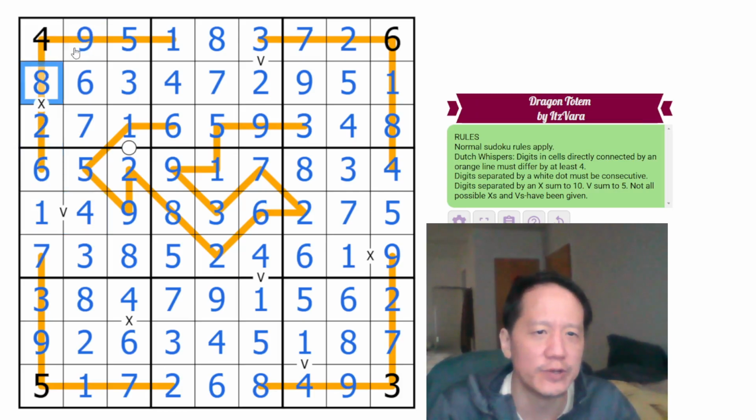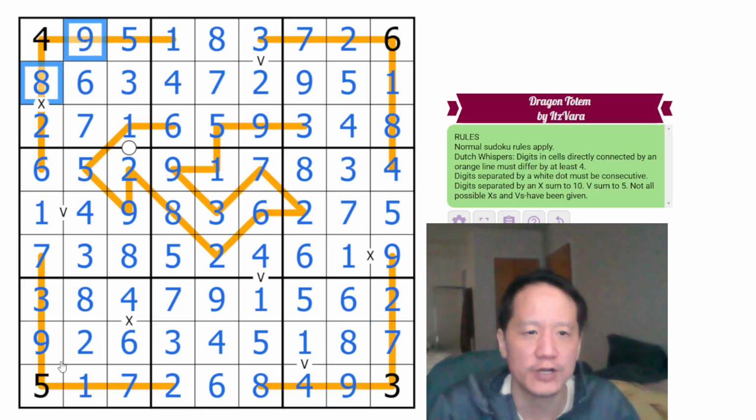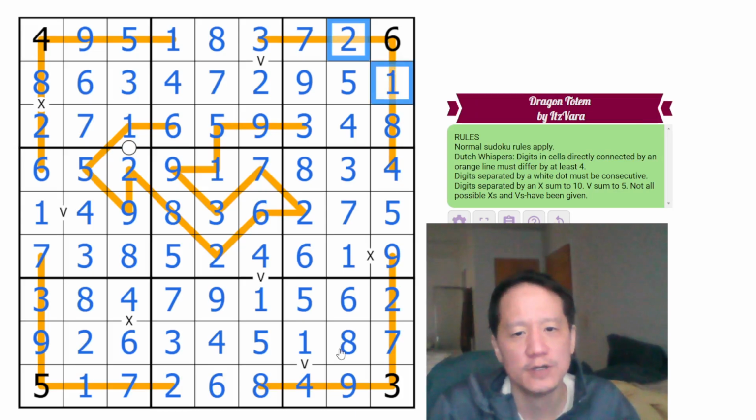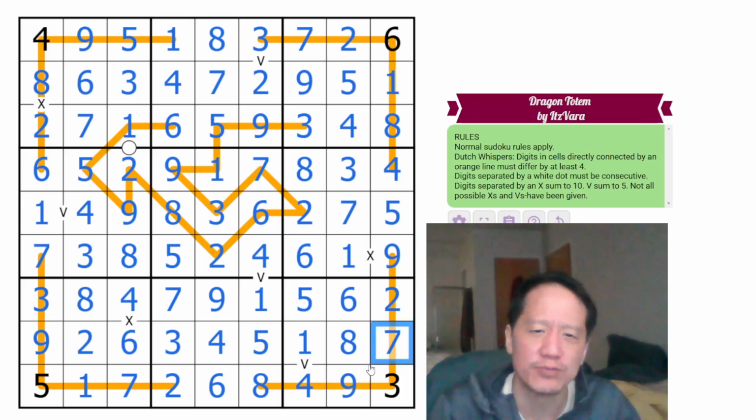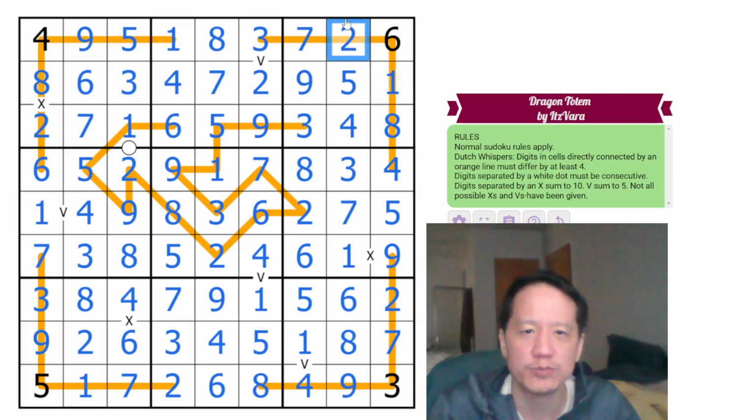Obviously, that limited this aspect. And also just knowing the limitations on the Dutch whisper lines, right? Because this had to be 7, 8, or 9. These had to be 8 or 9. This had to be 1 or 9, and this is 1 or 2. So actually, probably going this route was not the best route, because this was the least limiting of the Dutch whisper lines. And we got there anyways, so...